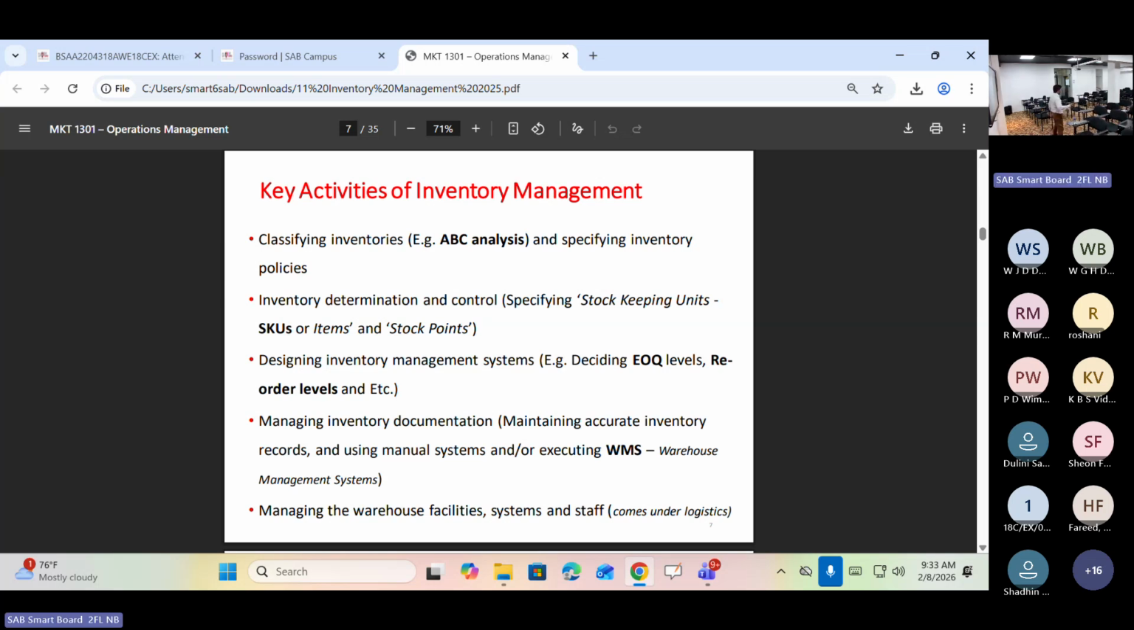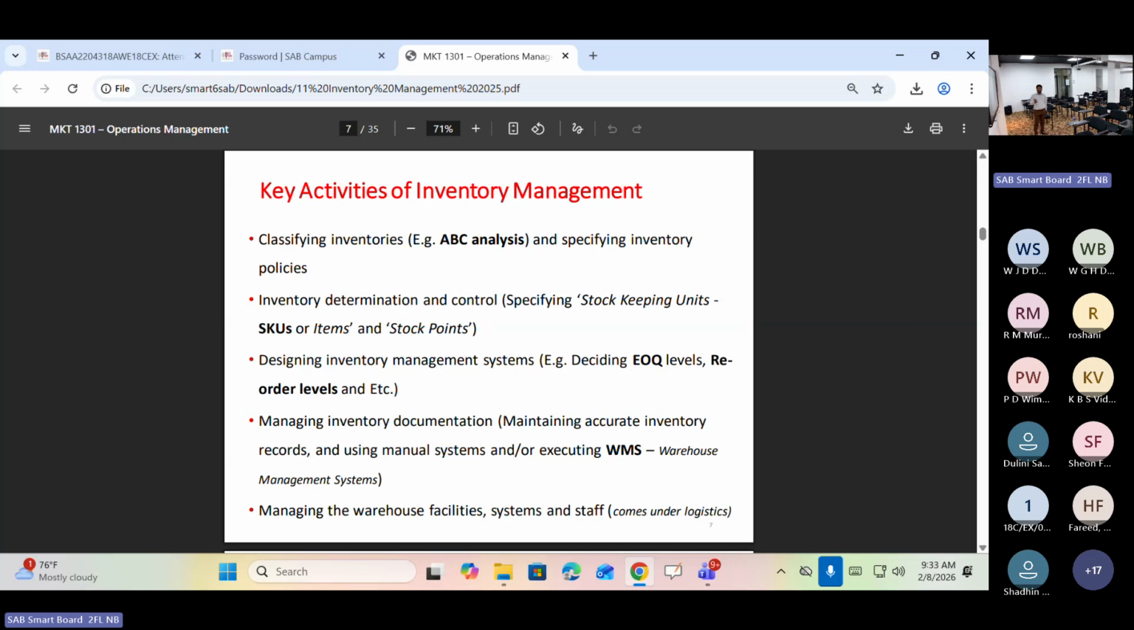Right. Hope we are ready. Shall we quickly identify some of those key activities? Mainly in inventory management, they are responsible for classifying inventories and specifying inventory policies for different categories. Classifying inventories. And more importantly, inventory management related activities. One could be